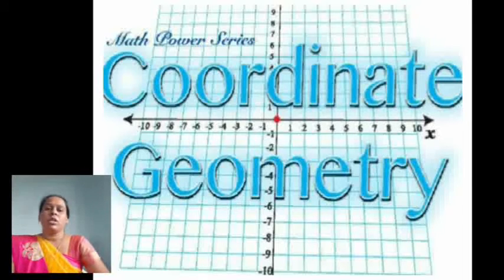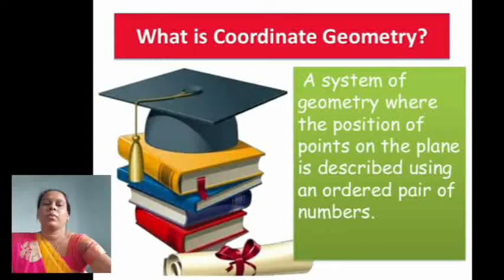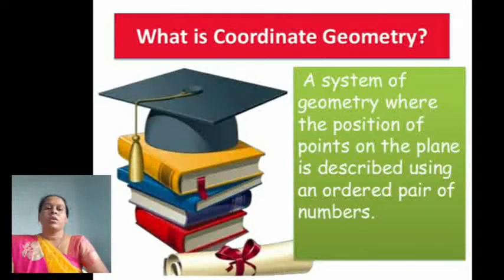What is the coordinate geometry? Which topics are given in this chapter? First, what is the coordinate geometry? Actually, the coordinate geometry is the system which declares the position of the point in the plane. If a specific plane is given, and in that plane, if you want to decide the position of any point, at that time coordinate geometry is used, and that system is called the coordinate system.